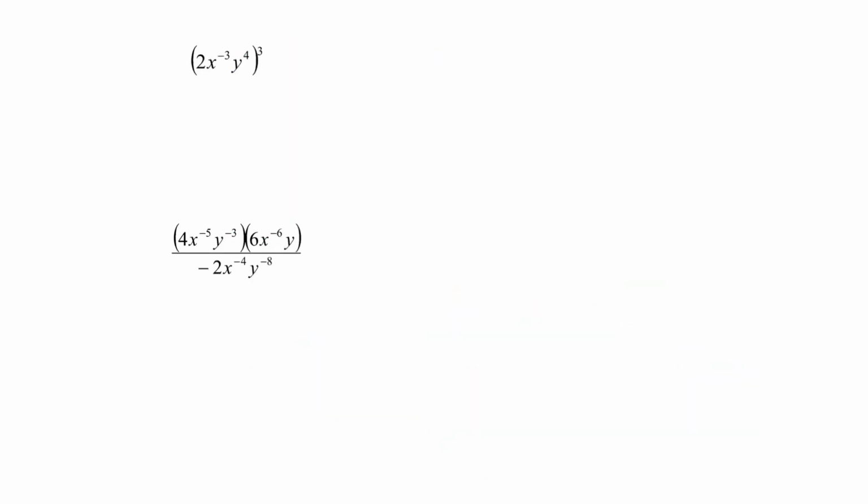In the last examples, we're going to deal with variables and numbers. For the first example up here, there's a couple of choices. You can deal with the negative exponents first or deal with them at the end. I'm going to deal with it at the end, so I'm going to deal with the cube part here. Let's recall the power law. Power law means that this cube applies to every single exponent in this bracket. In other words, my base is still 2, my base is still x, my base is still y. However, the exponent is going to change. This 1 is going to triple, becomes a